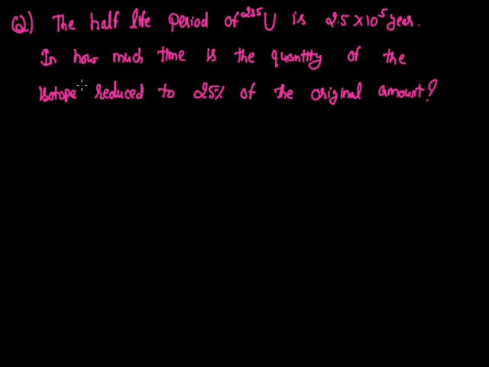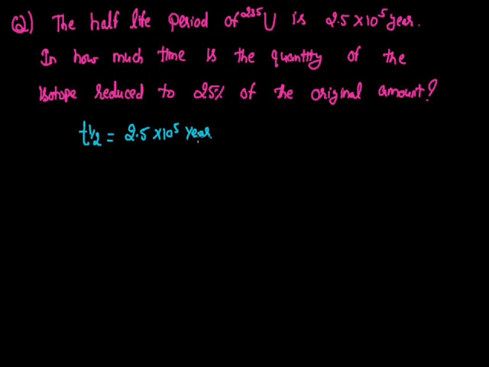Now, this is the problem that is provided to us, and the given information is again about the half-life period. The half-life period of a sample of uranium is 2.5 × 10^5 years. With the help of this half-life period, we are to find out the time taken to reduce the sample of this radioactive substance by 75%, so that finally the remaining quantity of this radioactive substance should be 25% of the